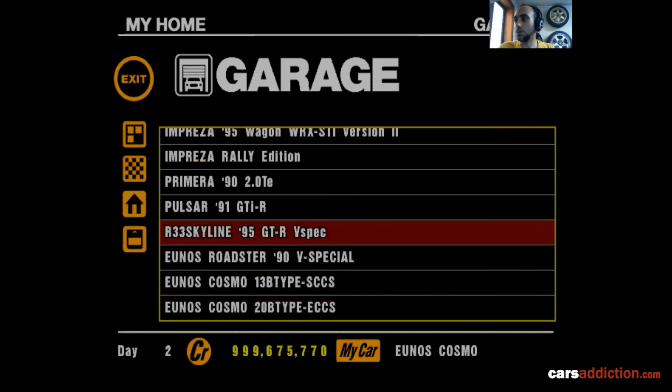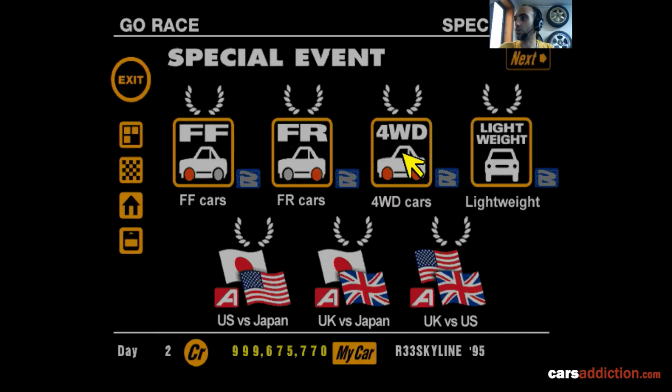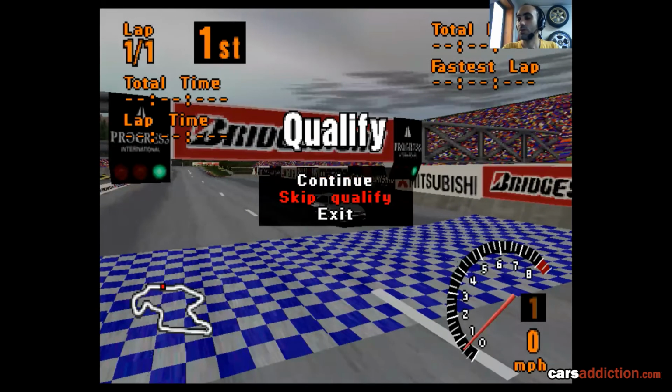Okay, our R33, get in, okay, race. I wonder which one I used to like. So let's go into all-wheel drive entry. So even if you missed a car in the game, during the races you'll have the grid up with different cars. Even if one gives you a hard time, you know what cars actually match your level. But we have to start qualifying. I always used to skip qualifying. I just hate it, waste of time. Skip qualifying